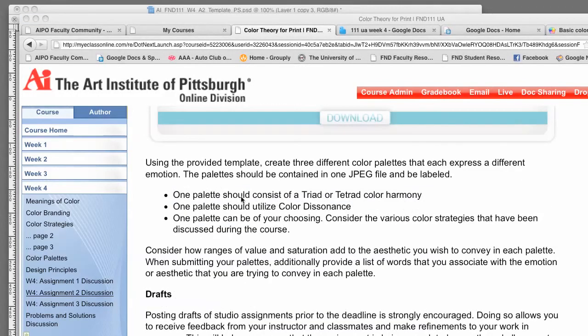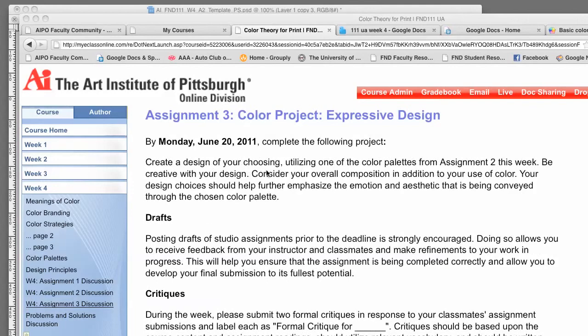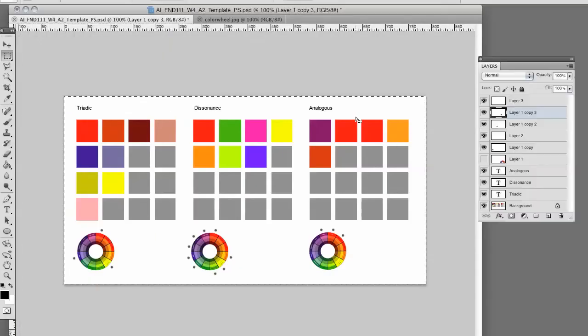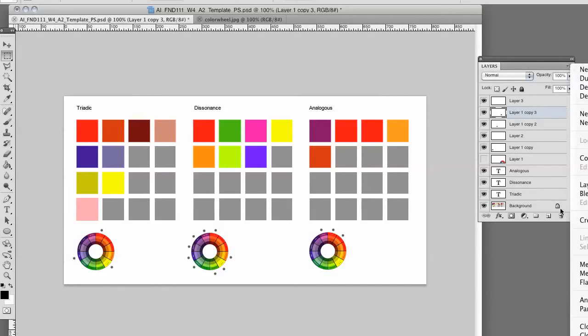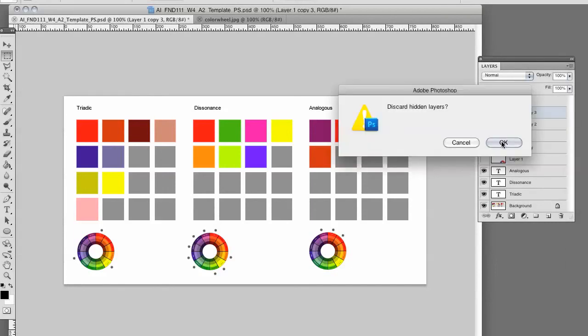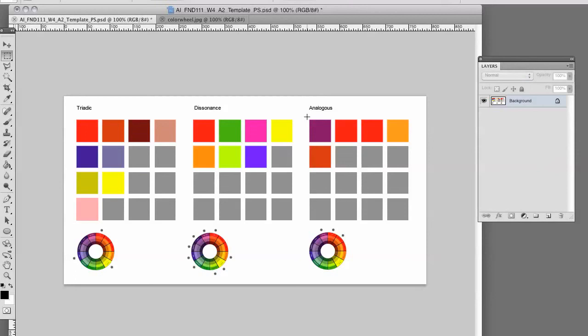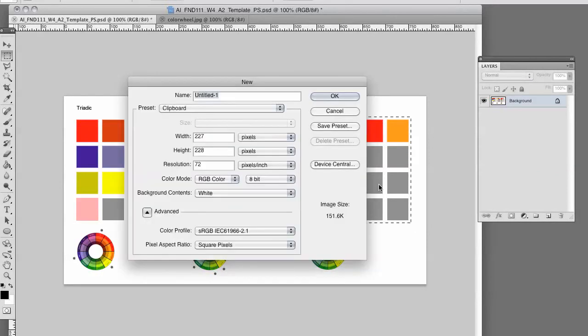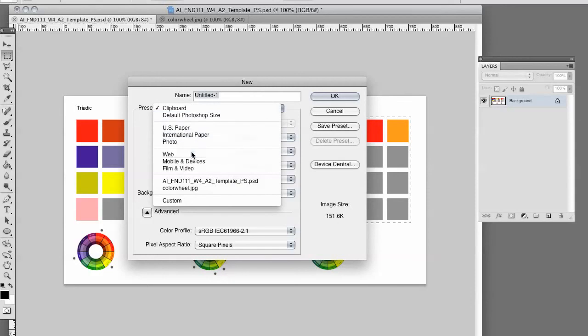Read your assignment 2 here, where they're talking about the ranges of value and saturation. There's a lot of different possibilities for creating these palettes. And then finally, in the next assignment, we're going to be picking one of those palettes and using it for your design. So what I would do, and I can go through this in another tutorial, is flatten this, and I would say okay, and I would take this palette, and when I did File New for my new assignment,